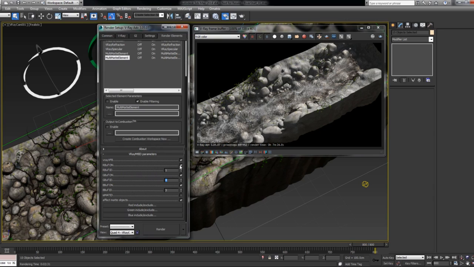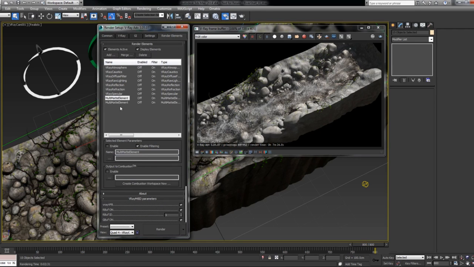And I can turn off the red and the blue one because I don't use them, and I can even set them to 0 so that I can easily recognize which channel I'm using. And I will also give these appropriate names, so I'll call this multi-matte 1, and I'll call this multi-matte 2. Okay, so I'll hit render now,